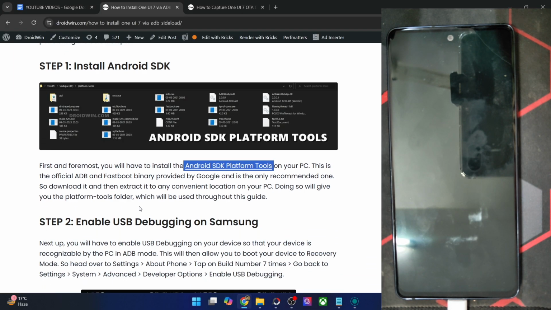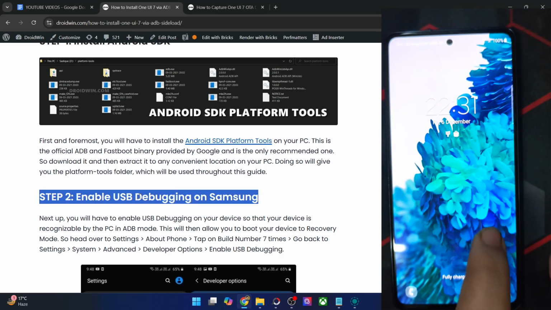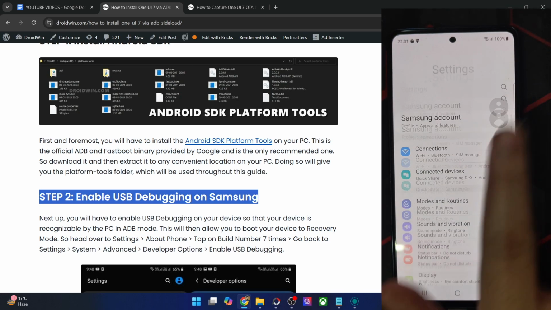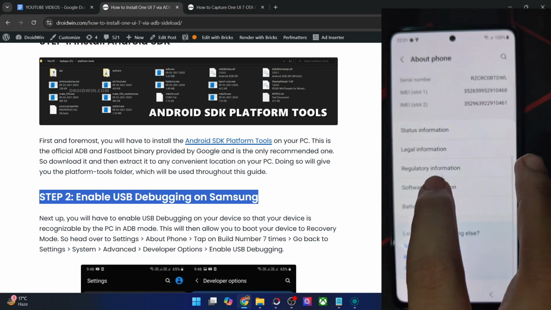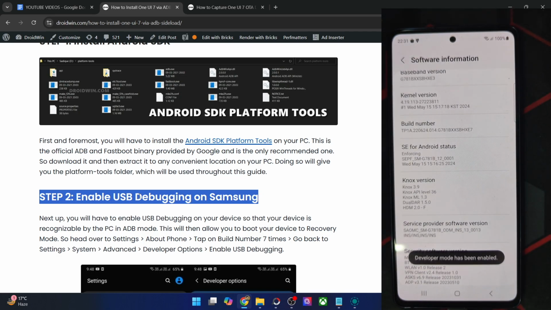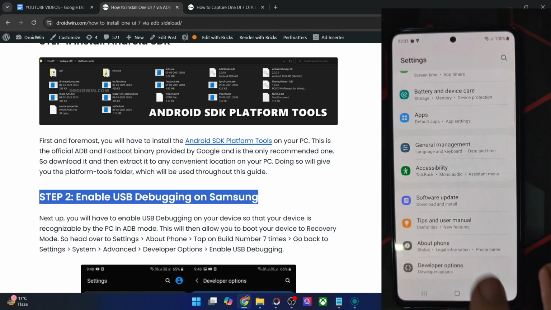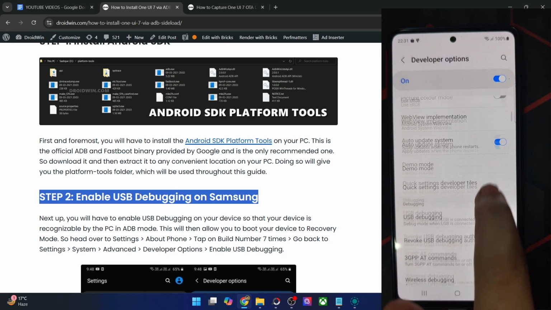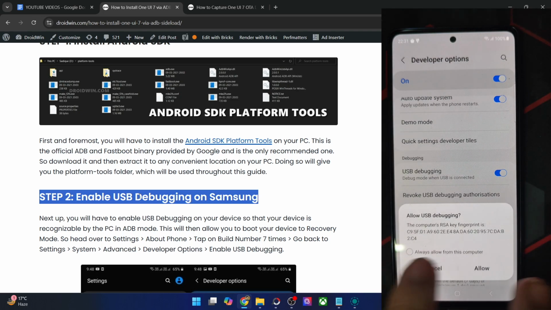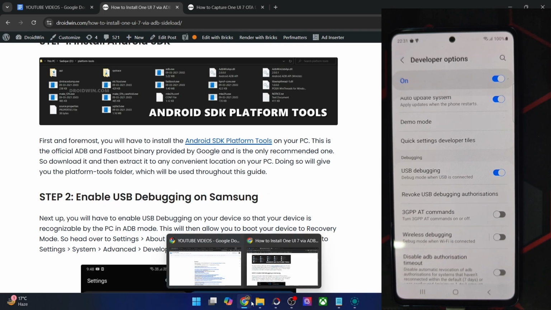Once you've done the extraction, you will now have to enable USB debugging on your device as well. So let's do that. For that, go to the settings menu on your phone. Then go to about phone, software information, and tap on build number 7 times. You will get a prompt that developer mode has been enabled. So go back, again go back, then go to developer options and enable the toggle next to USB debugging and tap on OK. You might get one more prompt, so again tap on allow, and with this, debugging is now enabled. Let's verify the same.